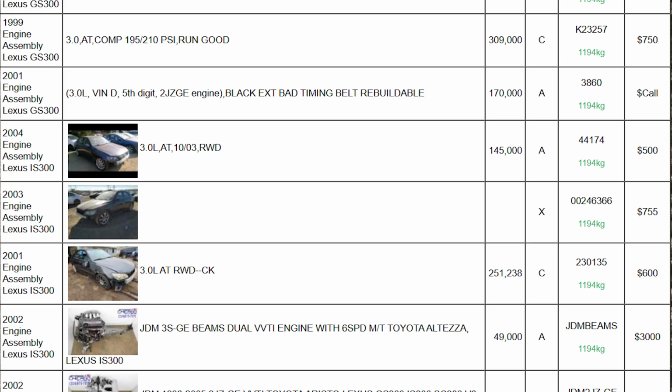The GTE head does have better flow, but it's not a huge difference, so there's no reason to think that a GE isn't a good choice. You can always put a GTE head on the GE block, and in fact, a lot of drag racers do just that. The GEs can generally be found for less than $1,000, so about the same price as your average